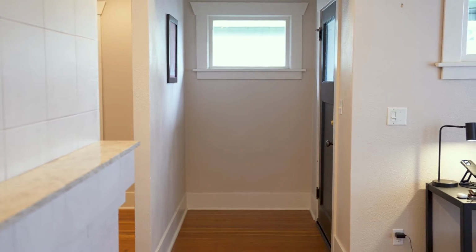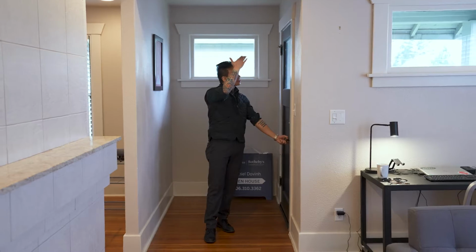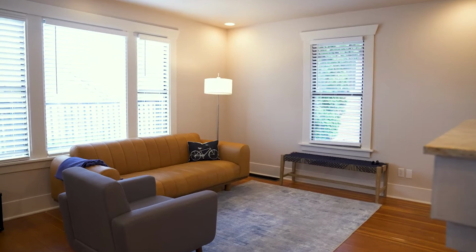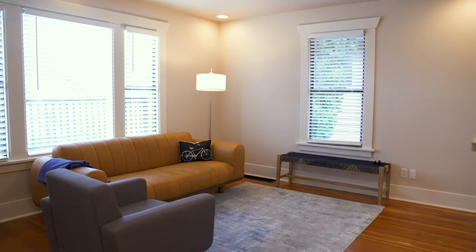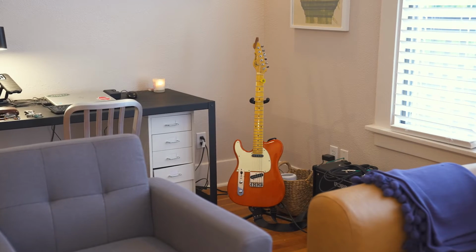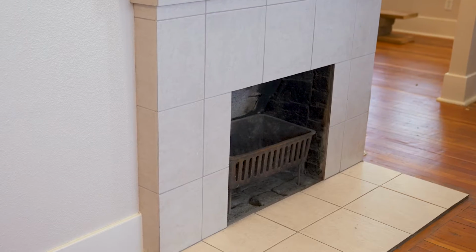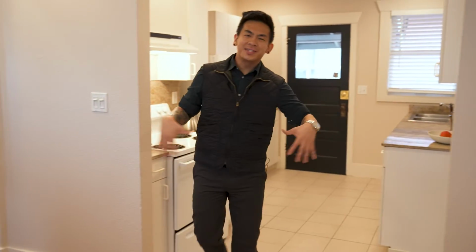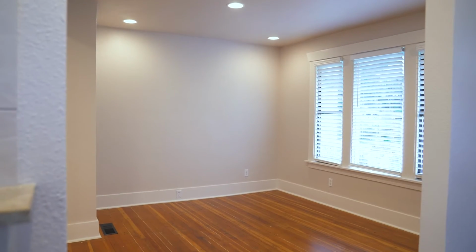As you come into this beautiful home, you have this covered entryway, and the first thing I notice is the tons of natural light that you have in this living room. It's got really great high ceilings, it has updated lighting, and a cozy fireplace for you to enjoy with your loved ones. Coming out of this living space, we have this beautiful formal dining area, again with high ceilings, updated